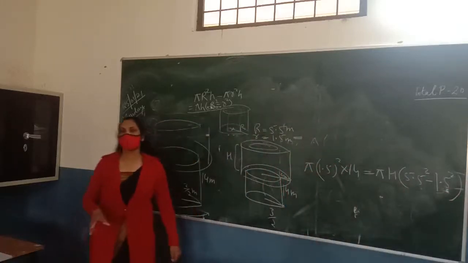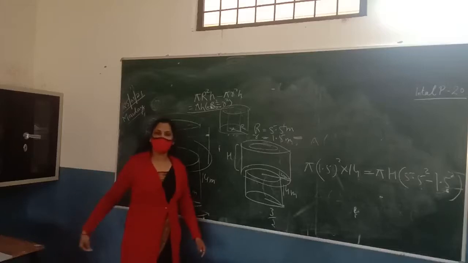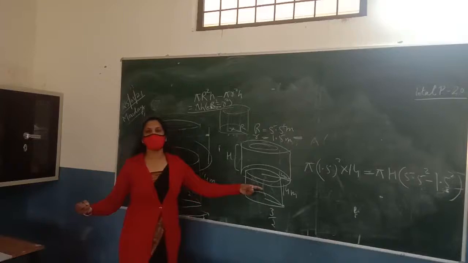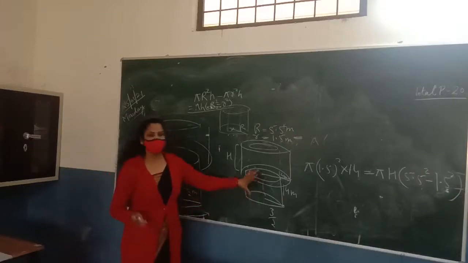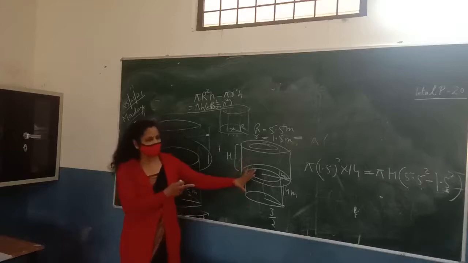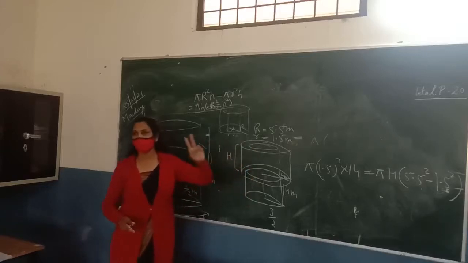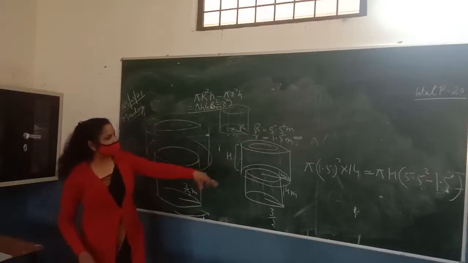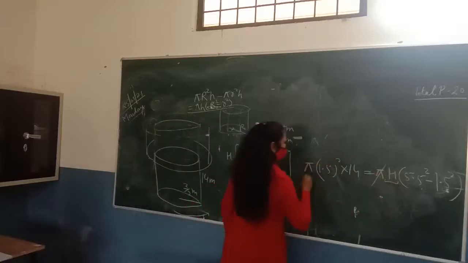Since we spread the earth which we took out from the well all around the well, it means the volume of the earth taken out from the well should be equal to the volume of the embankment which we formed. So the volume of well, it is cylindrical in form, is pi r square h, and the volume of embankment will be pi h, R square minus r square, because it is a hollow cylinder. And you know all the values here except this h. So we can solve it.